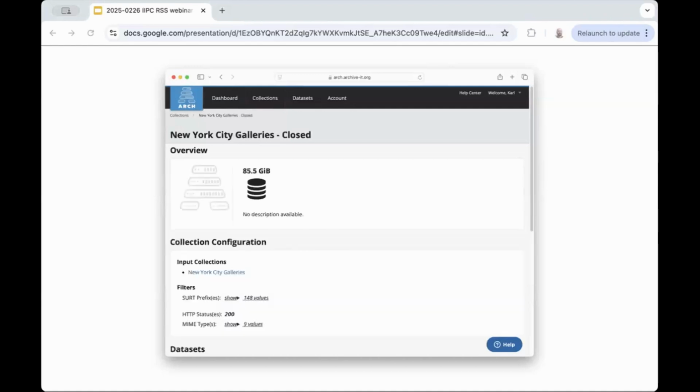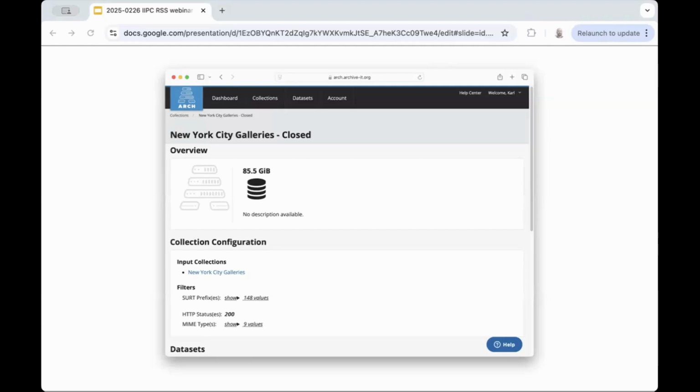As I mentioned, we can slice and dice these collections a little bit too to get more specific. What we use there for the web archives is specifically the collection level CDX records, if you're familiar with those. So in this case, for instance, we can subdivide that original collection by surt prefix, by status code and MIME type.